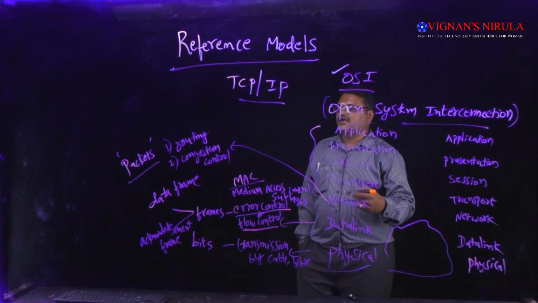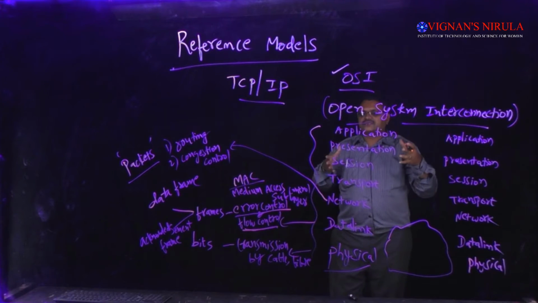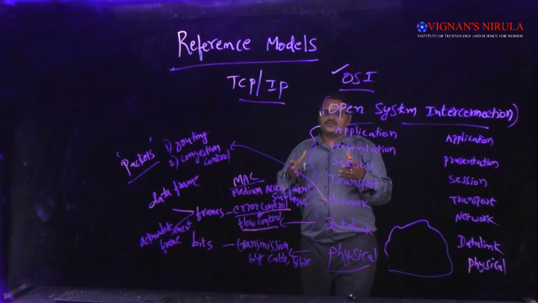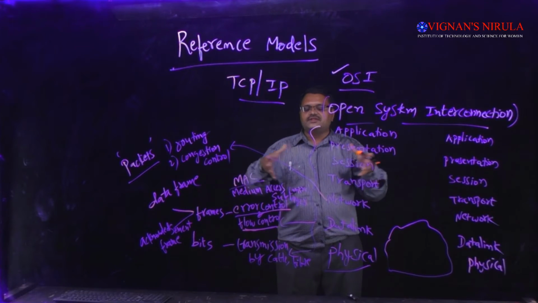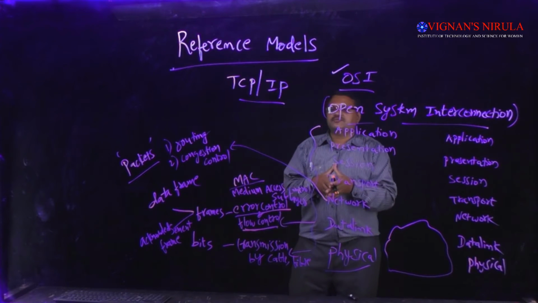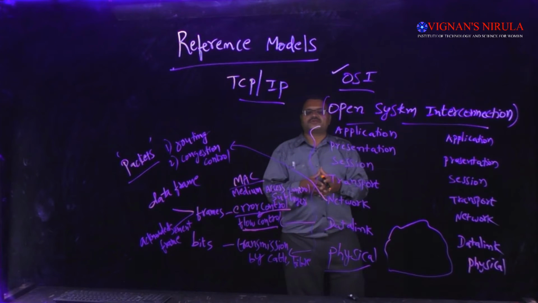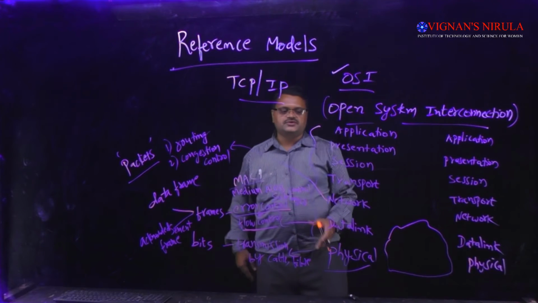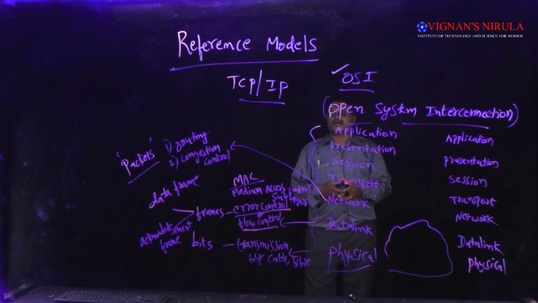So, routing and congestion. What is meant by congestion? Congestion means when all the packets in one particular node move into the network, all at once all the lines become jammed. This jammed situation is nothing but congestion. How to avoid this congestion? There are different techniques which we will study in the network layer in detail. That is nothing but congestion control. So the network layer's purpose is to provide routing and also to provide congestion control.